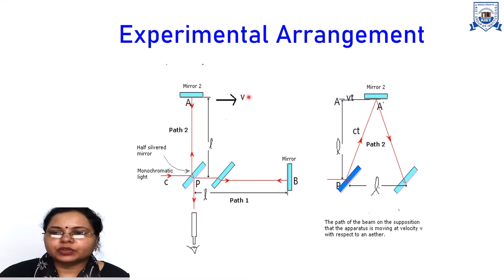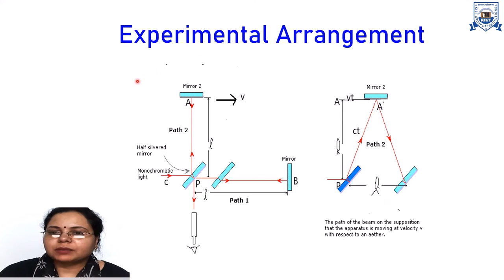But the earth is moving in the positive x direction. Because of this, light is reflected and incident at the new position of mirror M2, and then again reflects and strikes the plate at its new position P double dash. So the reflected ray travels the distance P A dash P dash, while the refracted ray moves in the horizontal direction, the positive x direction and the negative x direction. So this setup works like this if the earth and the setup are at rest. When the earth is moving, the reflected ray travels this path.